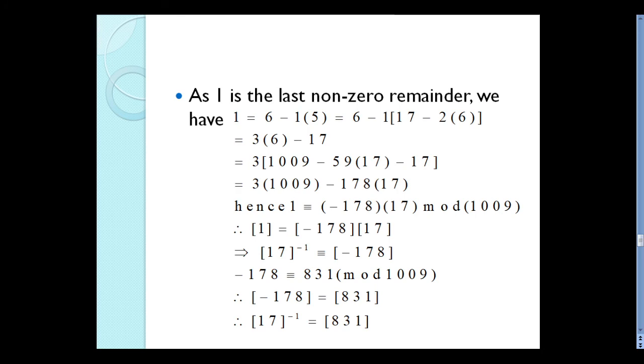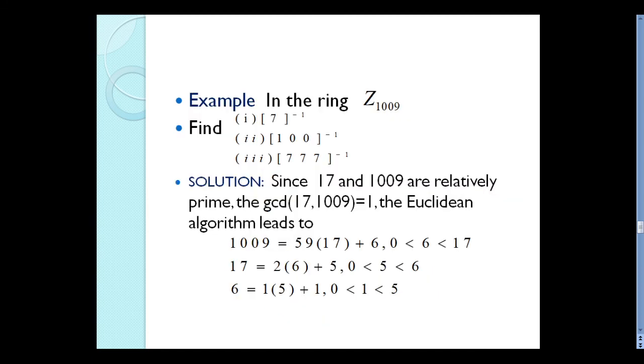As 1 is the last non-zero remainder, we have 1 = 6 - 1 into 5. This can be written as 6 - 1 into (17 - 2 into 6). So just simplify here, actually we are coming in the back way. So this 5 can be written as 17 - 2 into 6. Here in the previous slide we have seen how to write 6, here you can write how to write 17. This 5 can be written as, you bring 2 into 6 to the opposite side,